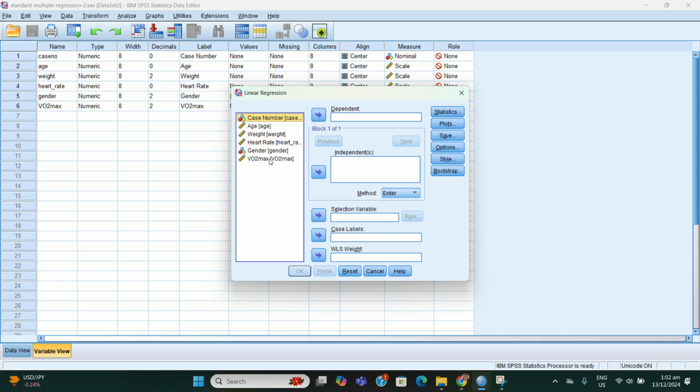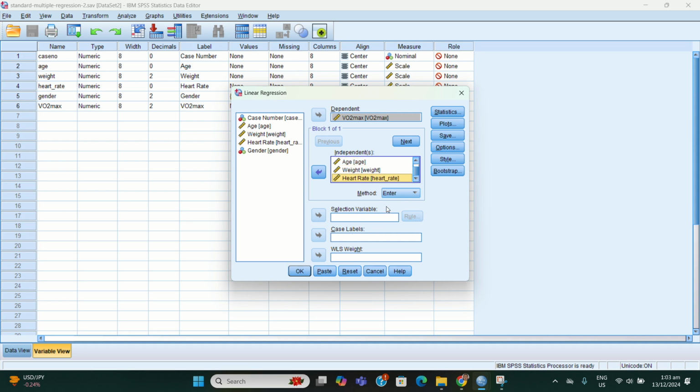Again, VO2 max is our dependent variable, and these four are our independent variables. So let's transfer them. Your variables can be scale or nominal, but they cannot be ordinal.